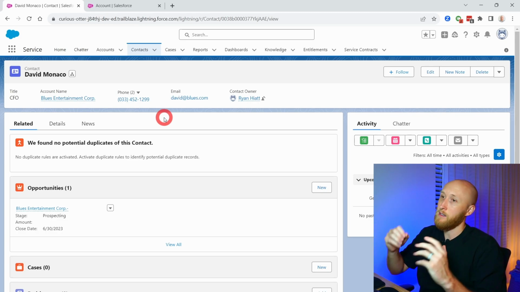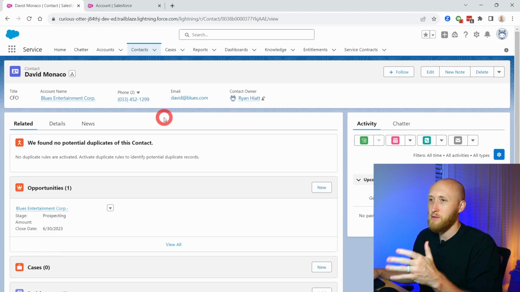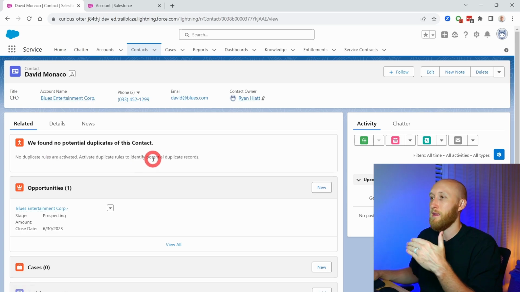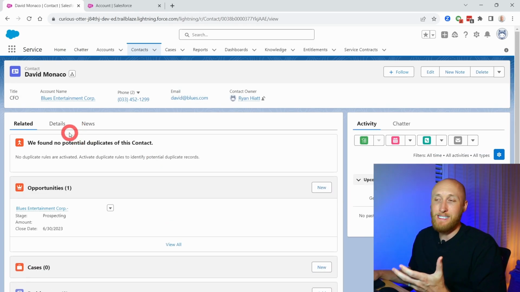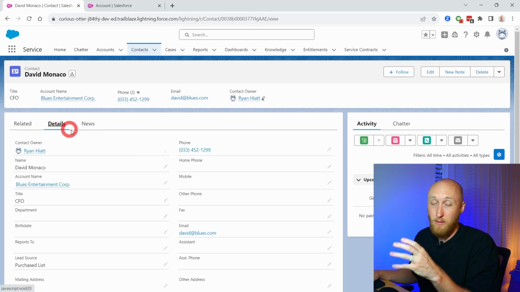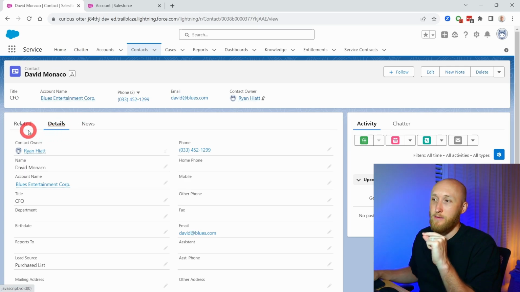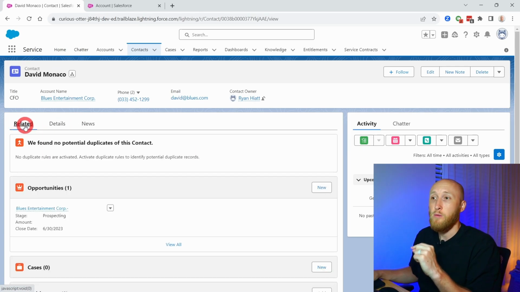So we've all been here, standard out of the box Salesforce. It goes straight to the related tab with different related objects, but maybe our team wants to see this details tab first. So let's talk about the fastest and quickest way to do this. What we can do is edit the order of these tabs as well as the default tab under